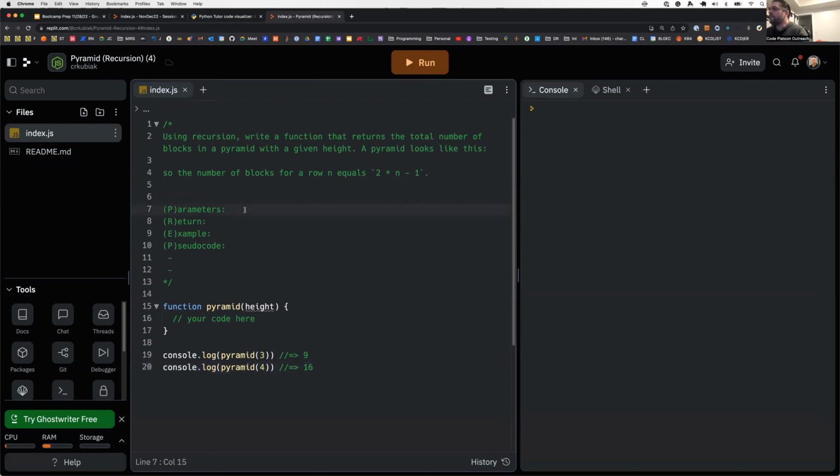All right. So we are going to get a number as a parameter, which represents the height of our pyramid in rows. And we're going to return a number, which is the total number of blocks in our pyramid. And for the example, it will say see below. And for pseudocode,